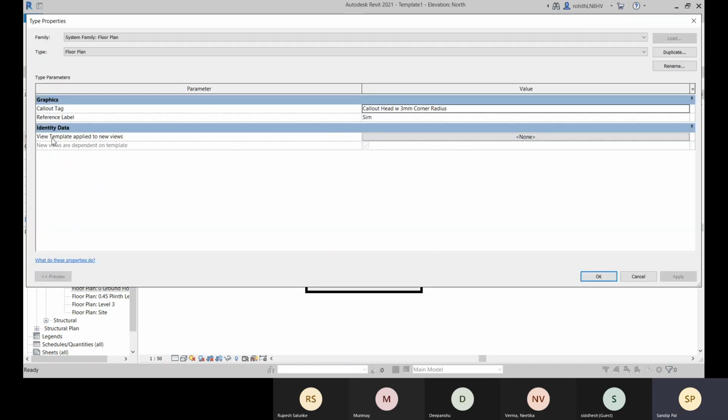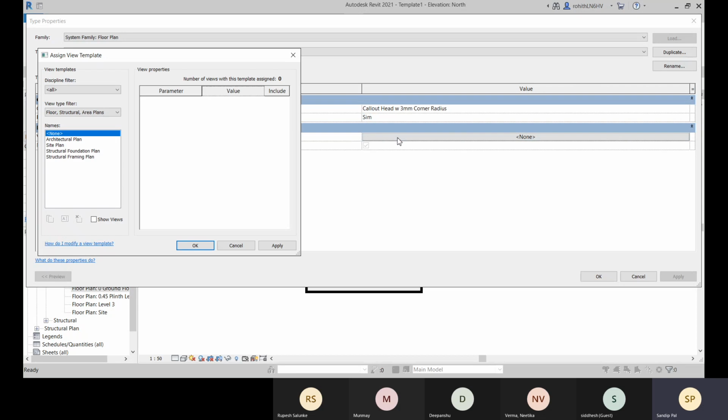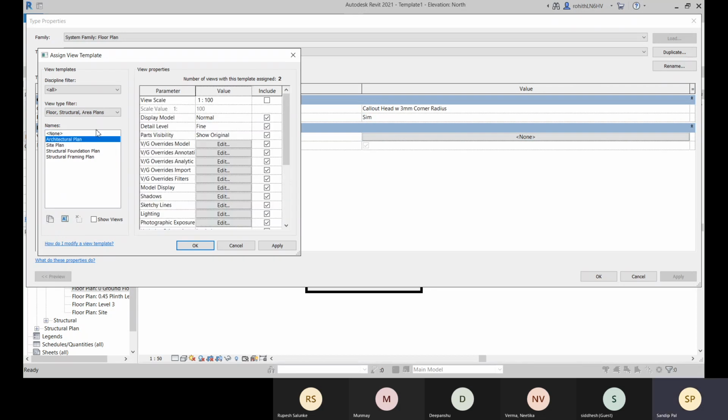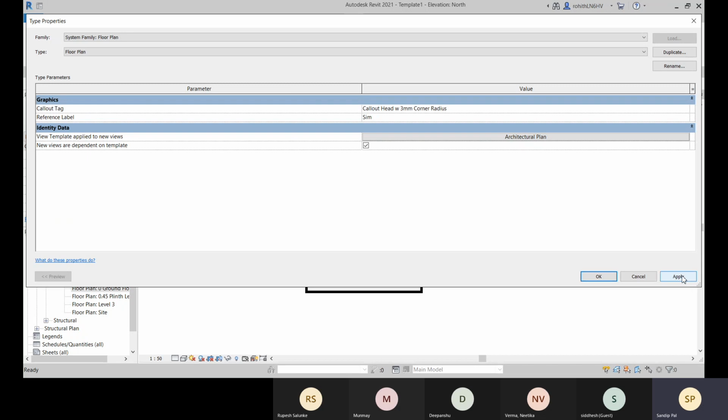You can click on the edit type option, and here you can choose the callout tag and the reference label. You can also assign some view templates from the beginning. Click on OK, apply. Okay, new views are dependent on template.